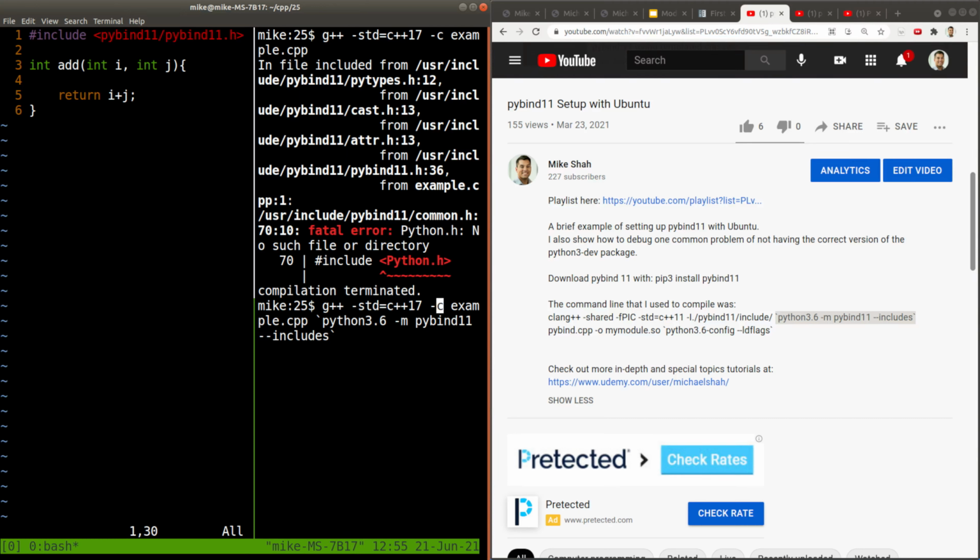Because we're compiling as a shared library, I'm also going to add these compilation flags here. So shared library, this flag for position independent code, and then we have our standard here. The code I am compiling is our C++ file, our includes, and at the end I'll put our output as, let's call it mymodule.so, following along with what we have here. Let's try this much, and it looks like it's pretty happy so far.